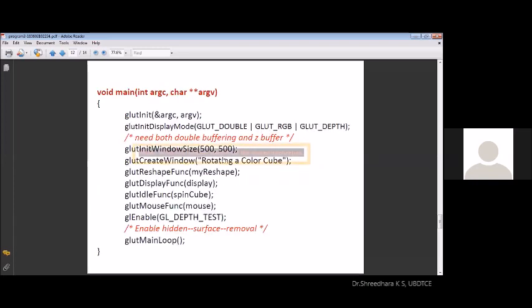This is a very interesting program because based on this program, another two programs are there. If you clearly understand this program, adding some more routines, you can make this program more effective. You can introduce the ortho function, that is parallel projection. In the next chapter, we'll understand another projection, that is perspective projection. If we use perspective projection, we can give more effect to this cube, so that we can make the cube go back and front and left and right, all these operations, as a realistic appearance.